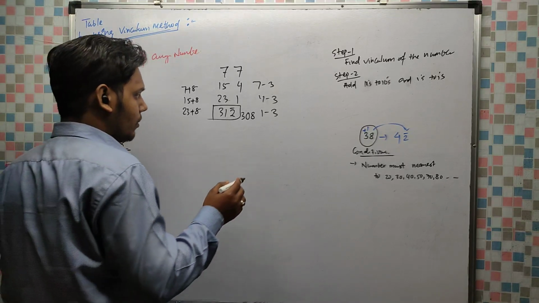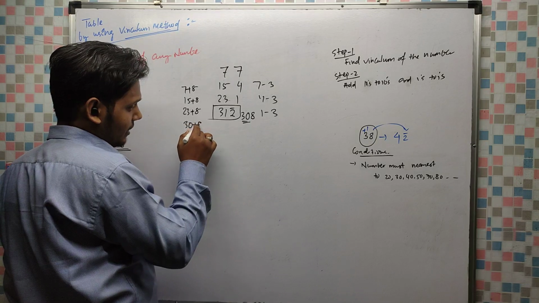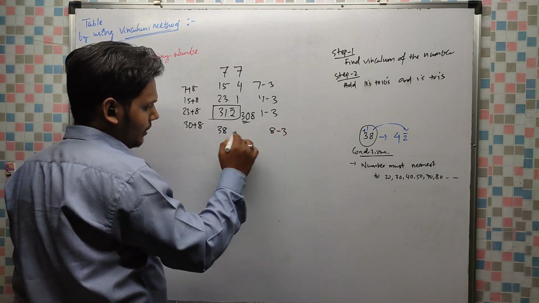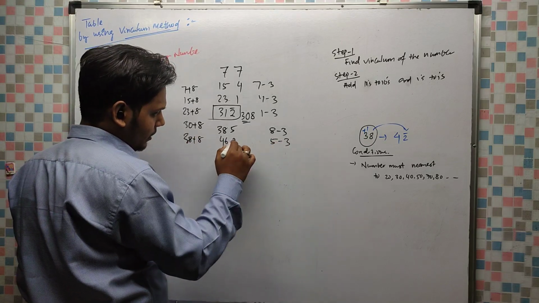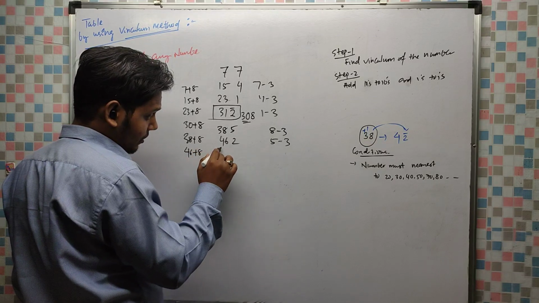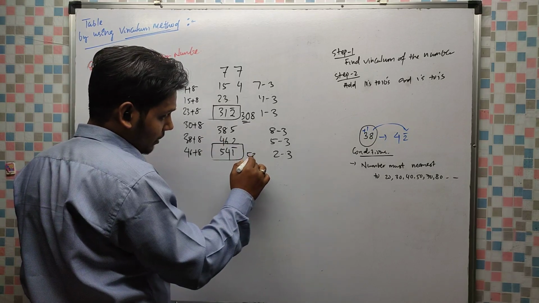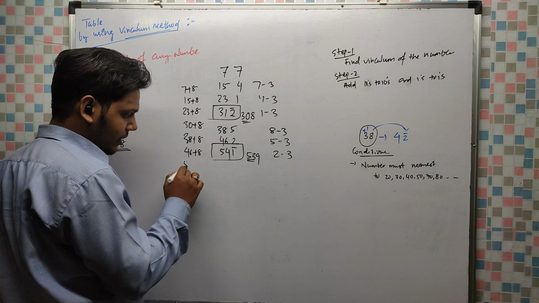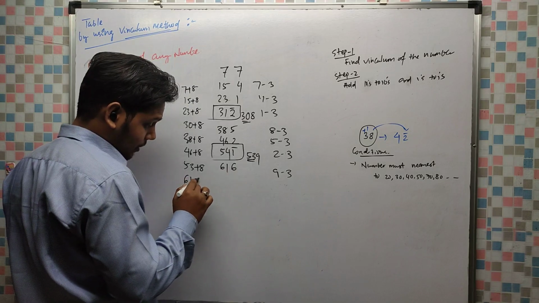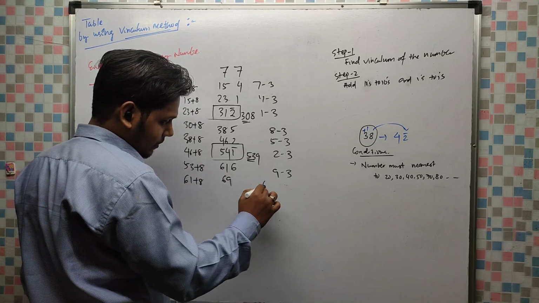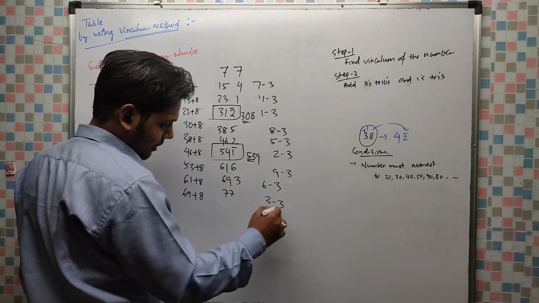That one you have learned earlier. Now you have to consider this 30. Always remember this: 30 plus 8 is 38, 8 minus 3 is 5. 38 plus 8 is 46, 5 minus 3 is 2. 46 plus 8 is 54, 2 minus 3 is 1 bar, again a bar is coming. Now it is converted to 539. Now take this 53. 53 plus 8 is 61, 9 minus 3 is 6. 61 plus 8 is 69, 6 minus 3 is 3. 69 plus 8 is 77, and 3 minus 3 is 0.